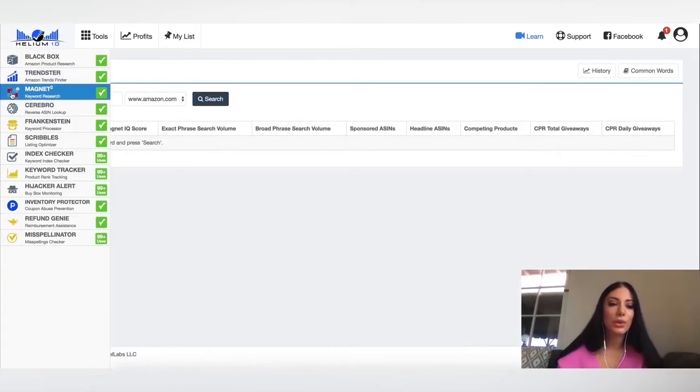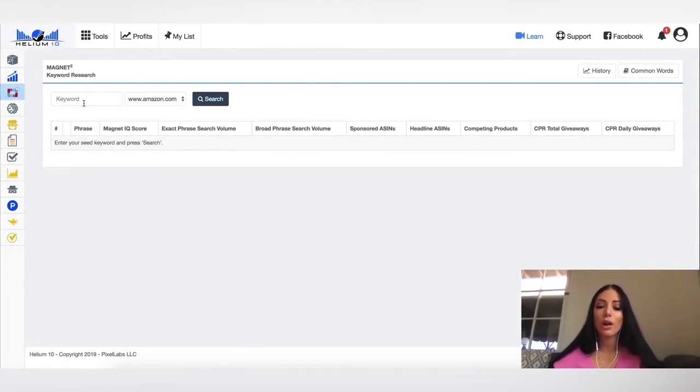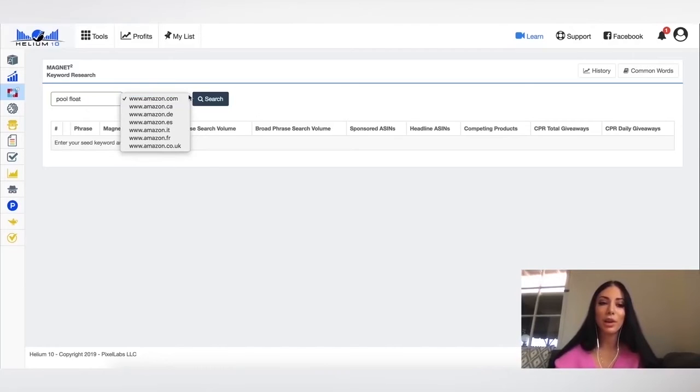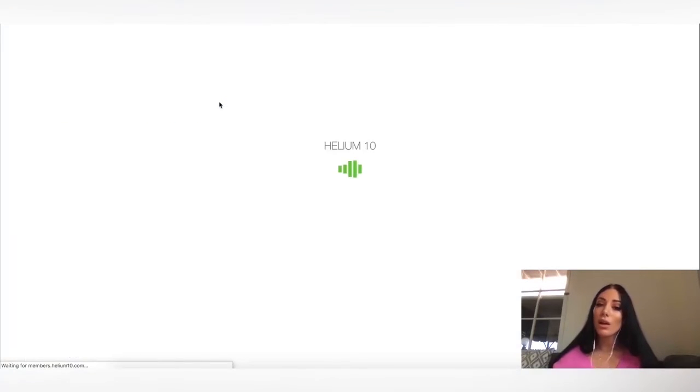The next tool that I'm going to share with you is this Magnet. This is so amazing. I love this. So let's put in, for example, our pool float. You put in the keyword for the product, you select the marketplace, and you say search. And this is really going to help you find those keywords that you probably wouldn't have otherwise thought of,